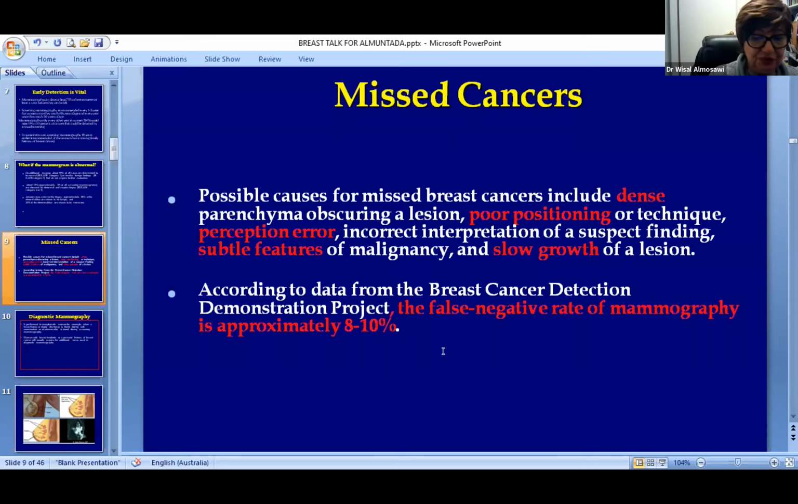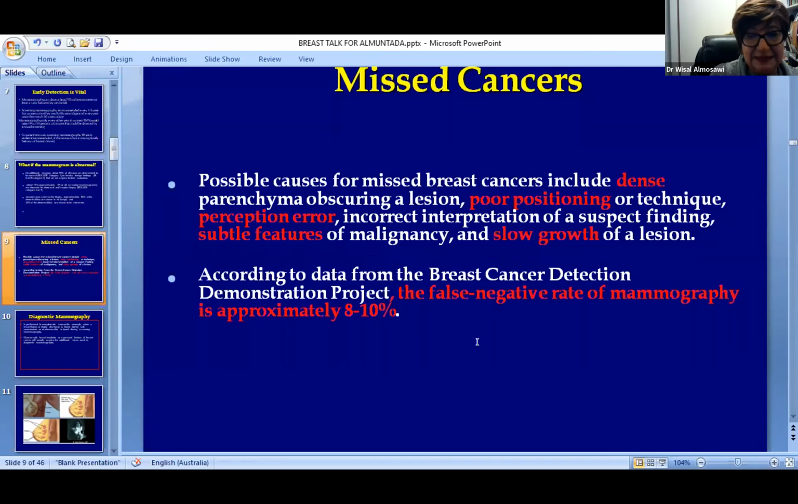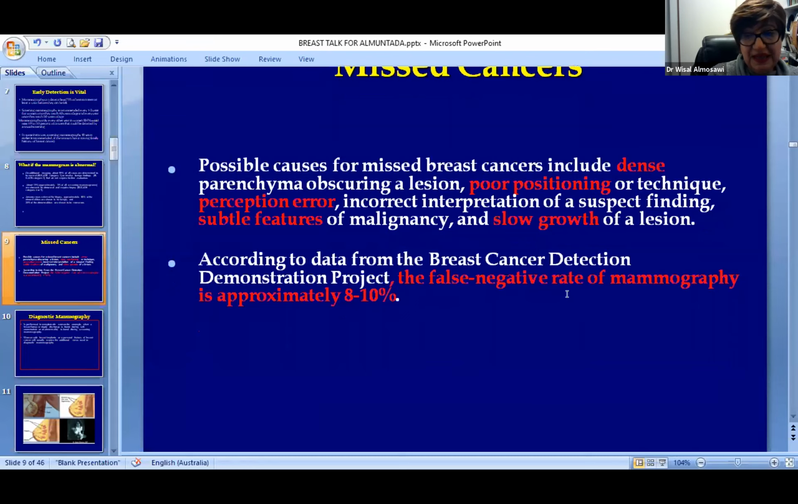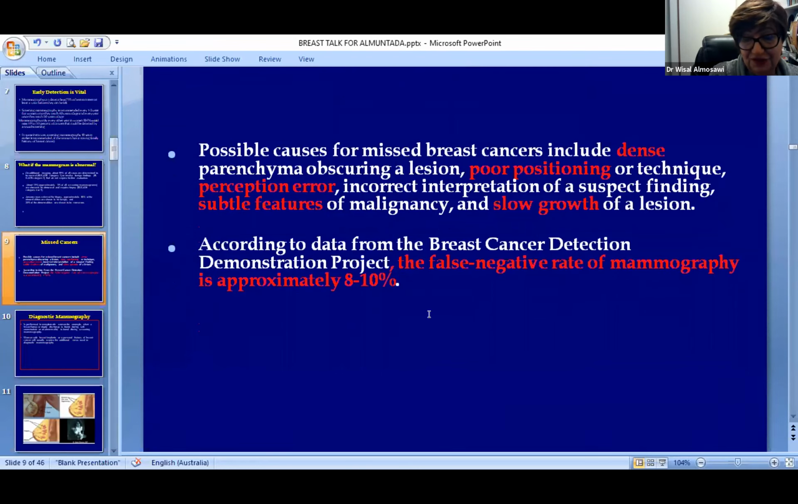We screen them in 2 years' time, and they look exactly the same. And you said, okay, it didn't grow in 2 years, so it's probably benign. But it's not the case. They can still be malignant. The false negative rate for mammography is approximately 8 to 10%, and it's pretty high. And that's why it's one of the most common medical legal cases, missing breast cancer, because of